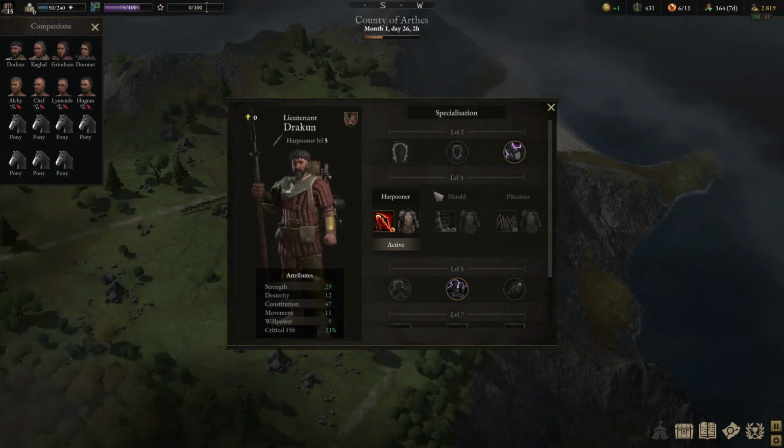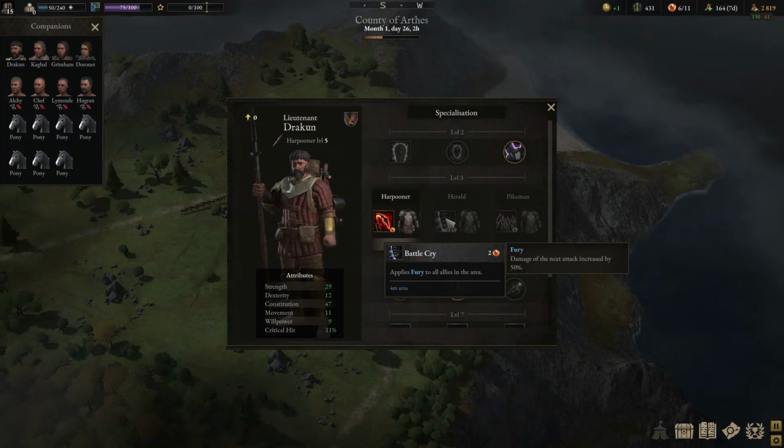Moving on with level 3 as the Herald, his next skill, Battle Cry, applies Fury, giving each ally in the area a 50% damage increase. This is probably the most underwhelming level 3 talent, maybe out of every class, I would say. Fury is a skill that I'm not the biggest fan of, because a 50% damage increase is normally not going to be the thing that flips a fight in your favour one way or the other. It's helpful. Dealing extra damage is always great, but sometimes just having that little bit of extra control,